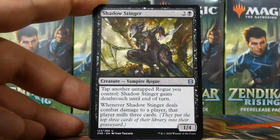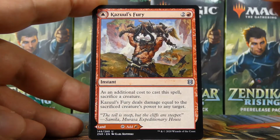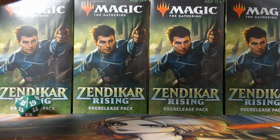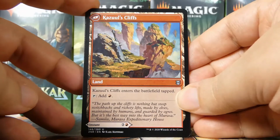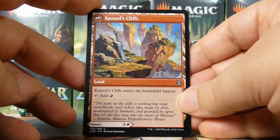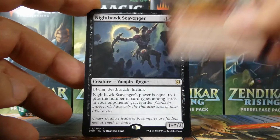We have another Shadow Stinger. This is looking like our first pack again. And a Kazul's Fury, which flips into a Kazul's Cliffs. That is cool. Those are cool cards. And our next rare or mythic is...